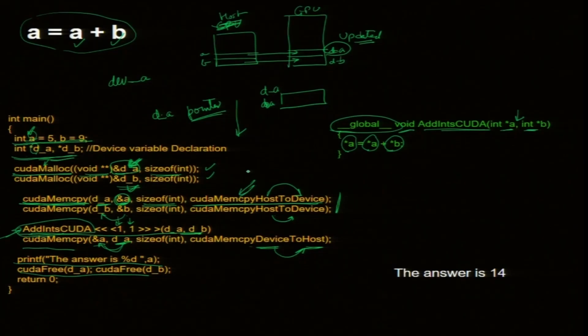CUDA memcpy is an inbuilt function, part of the CUDA library, cuda.h is there. It takes arguments, keywords like cudaMemcpyHostToDevice. This is also inbuilt. This is a keyword, not a variable. Like true and false, you can't use a variable called true or false in Python. Or there can't be a variable called if. These are keywords. So the arguments are 2 pointers, size, and this direction, which way.